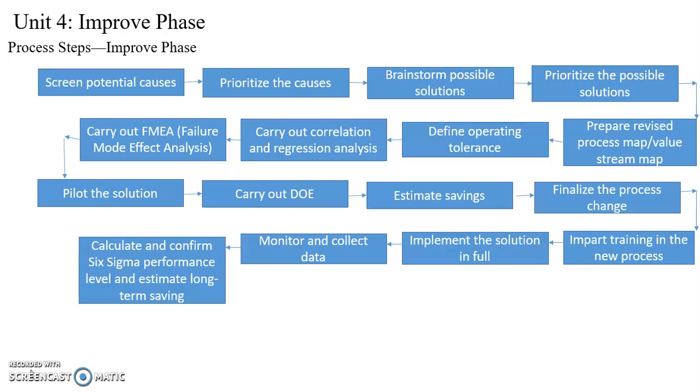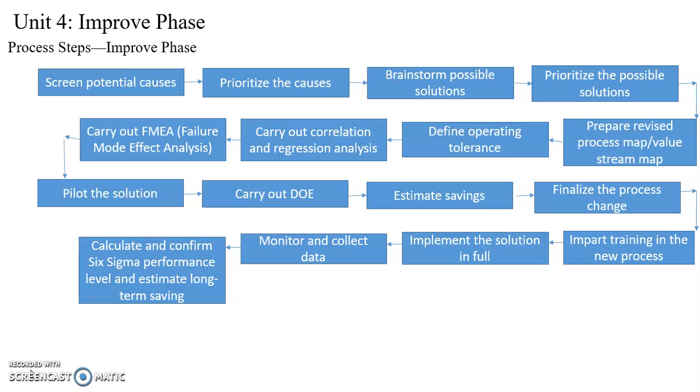Before proceeding to eliminate the cause, it is necessary to prioritize the causes. The best way to prioritize is to identify the effect of all the causes and analyze which contributed the maximum to the problem occurring. So in this step, you can use a Pareto analysis, that is the 80-20 principle.